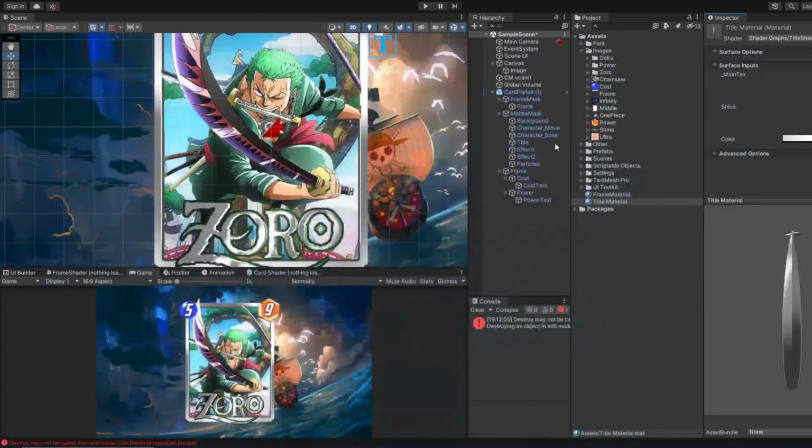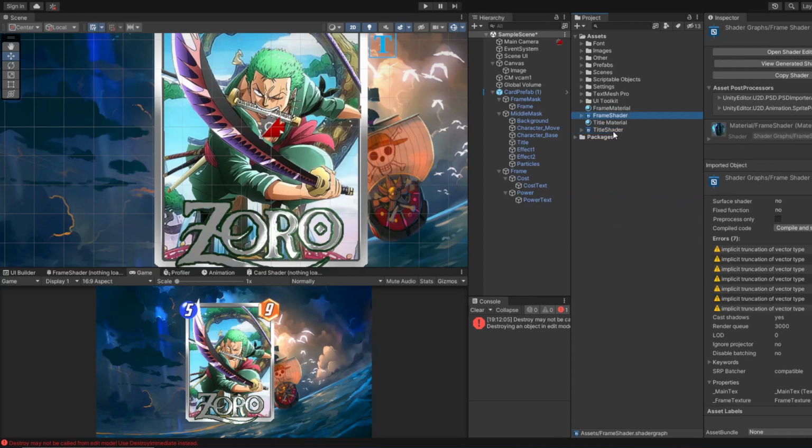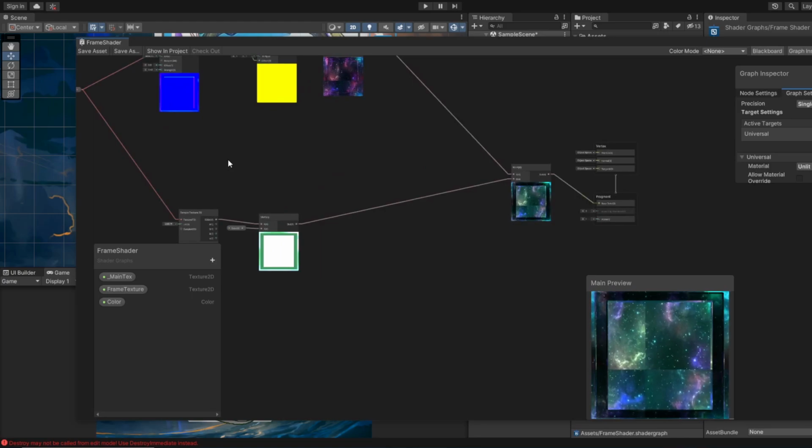So the only things left to really cover now is just the shaders that I have. So let's look at the two shaders. So there's a frame shader and then there's the title shader. So again, I'll extract that out just to make that a little bit neater. So I never like